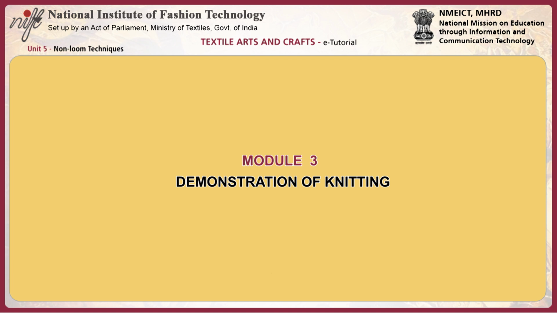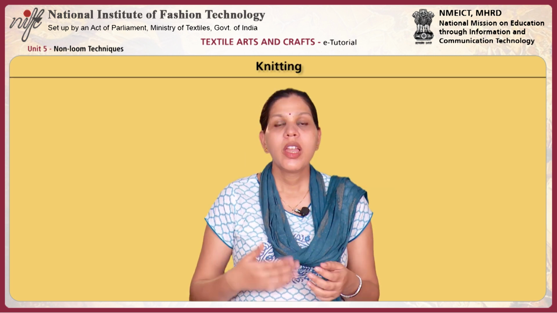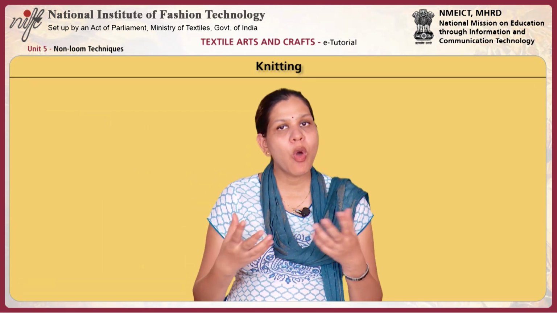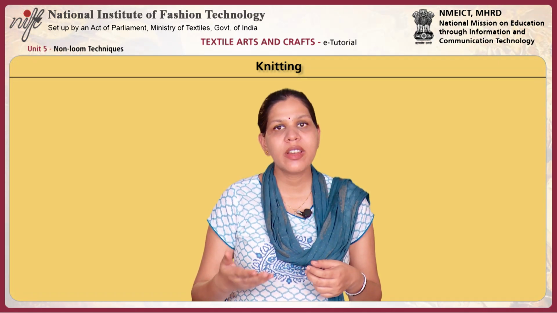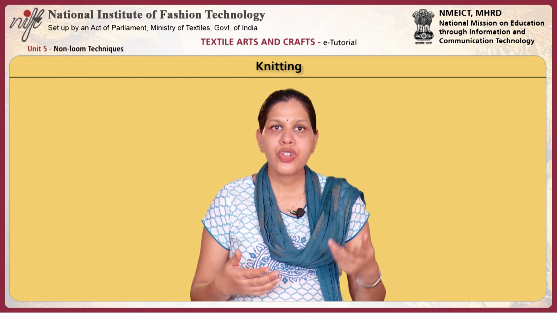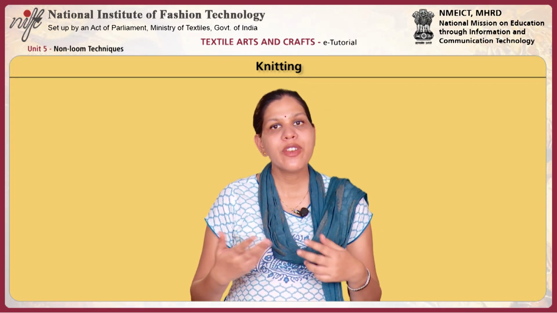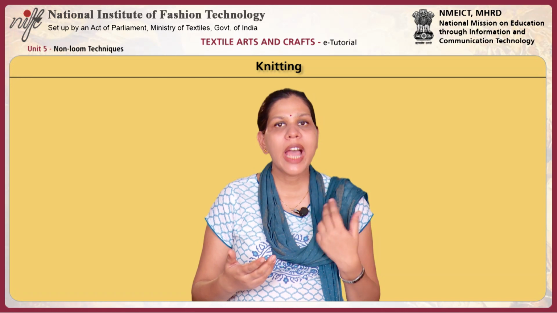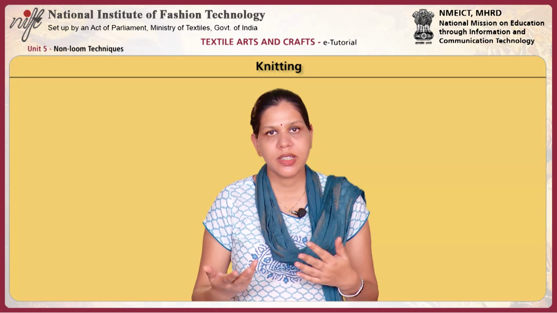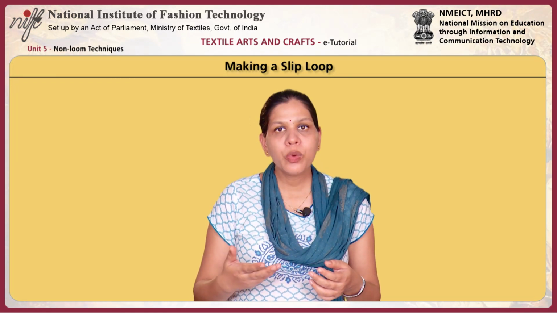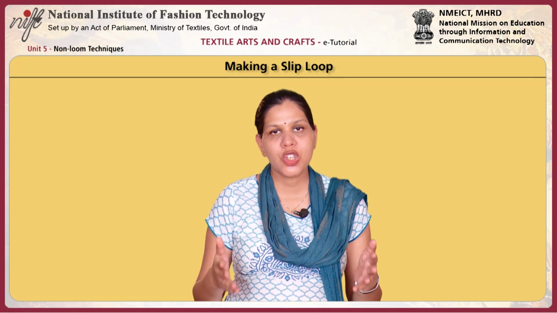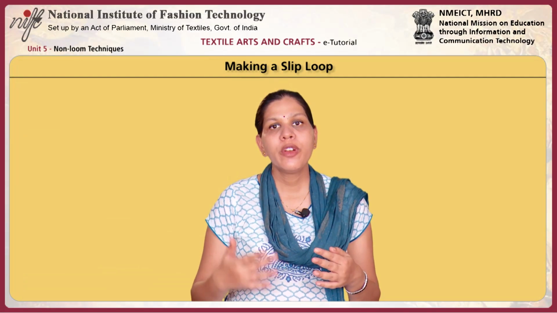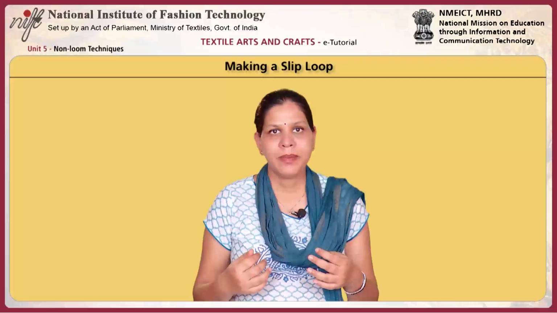Having learnt about the technique of crochet, let us now move on to the technique of knitting. Knitting begins with 2 needles and a ball of yarn. This demonstration is given for right-handed knitters. Left-handed knitters should reverse the instructions for left and right or follow the diagrams in front of a mirror in reverse. A slip loop is the first stitch to be made in knitting and is the foundation for all subsequent stitches.